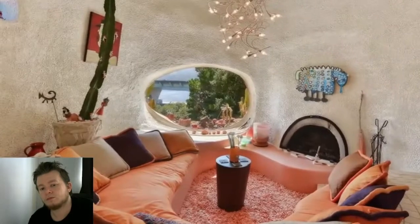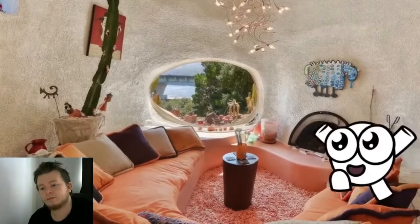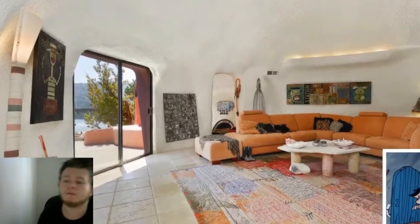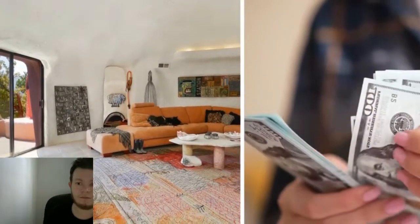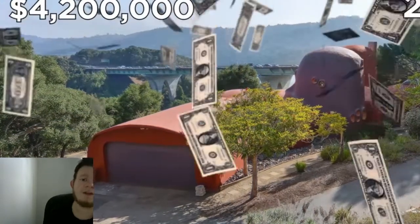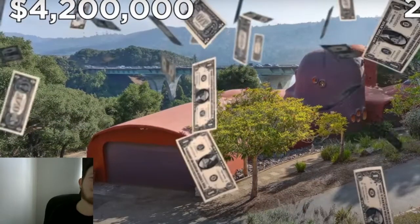The building truly lets its homeowner live out their wildest caveman fantasies, but if you yabba dabba do want to move into the house, you'll have to start saving some money. The mansion was bought for a whopping $4.2 million